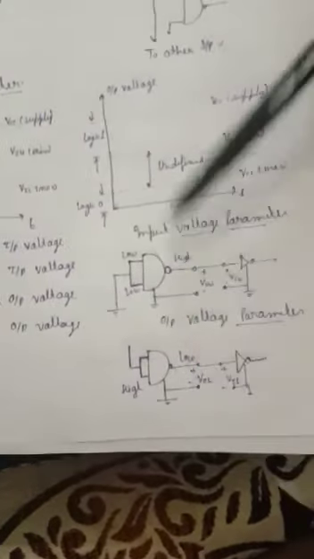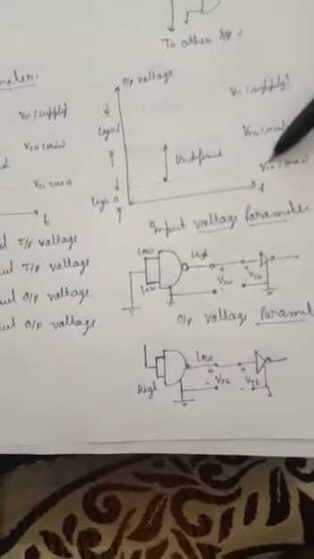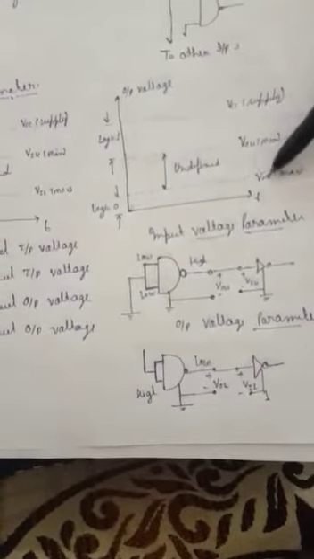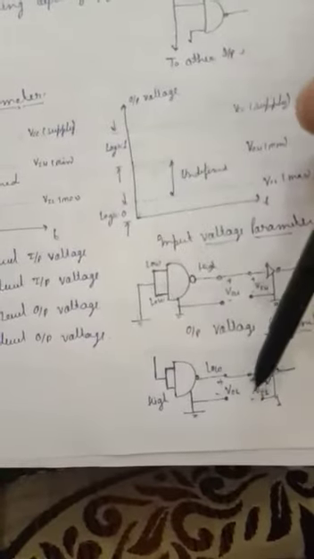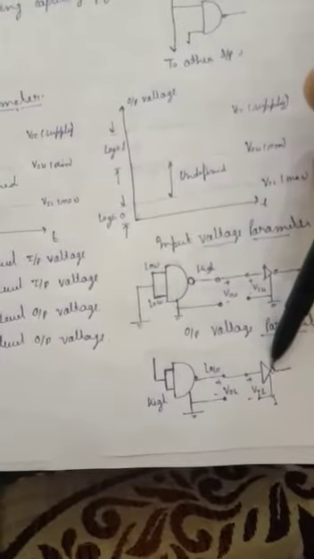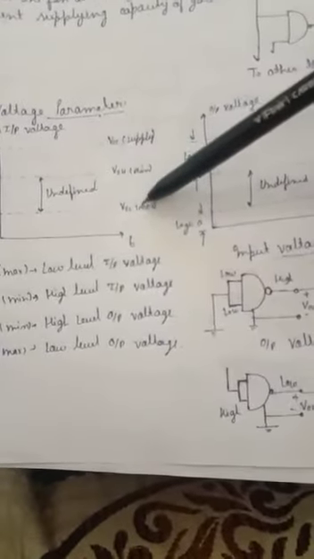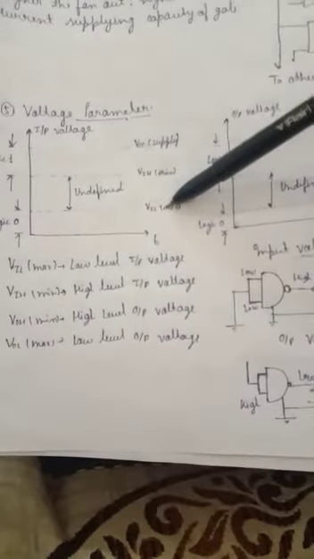This output low is the maximum value of voltage at logic 0, VOL. Here is VOL. Then this voltage corresponding to logic 0 goes to the input of an inverter circuit, where it works as VIL. The logic is low when the output is low, but the corresponding voltage is maximum. That is very simple.